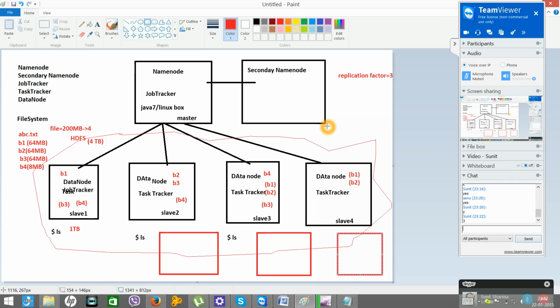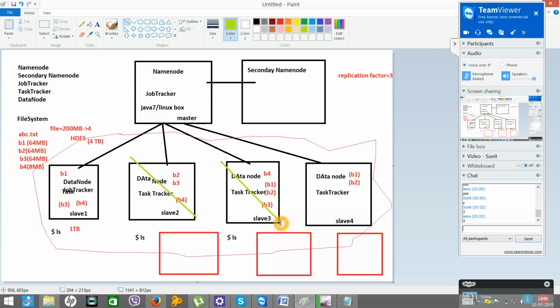Okay, so let's assume that this node and this node, not block, this node and this node, let's say these two nodes went out of order. Okay, we got some problem in these two nodes. So what will happen now?